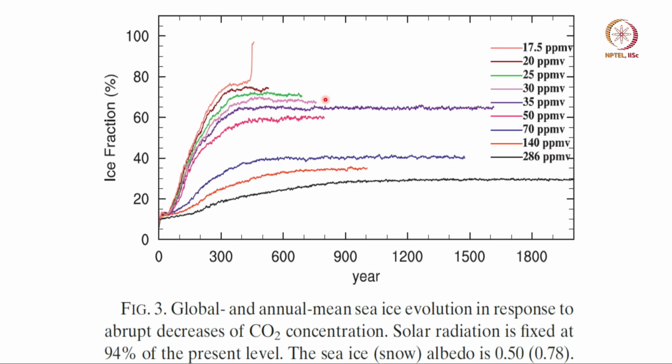Now here is the other example which is very interesting, that as you go on reducing the amount of carbon dioxide, you reach a point around 17.5 ppm when the climate suddenly starts going to all ice covered. Otherwise, if you change to 70, 30 and so on, it stabilizes to ice cover with 50% of the Earth. But beyond some point, again, suddenly it starts increasing rapidly. This is called runaway effect.